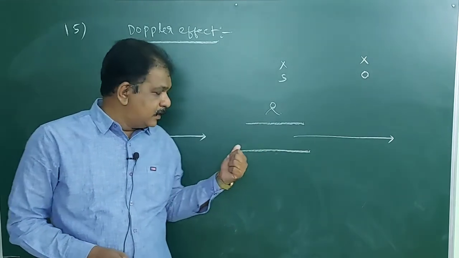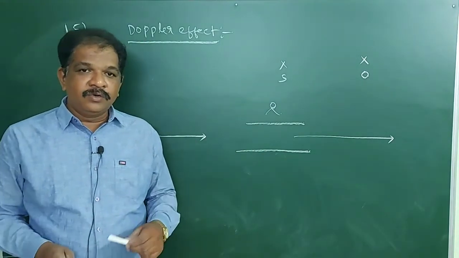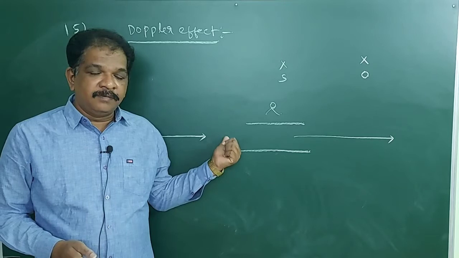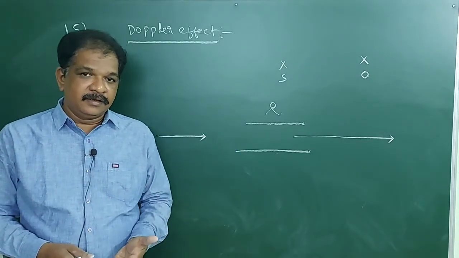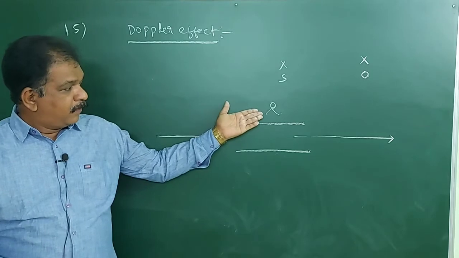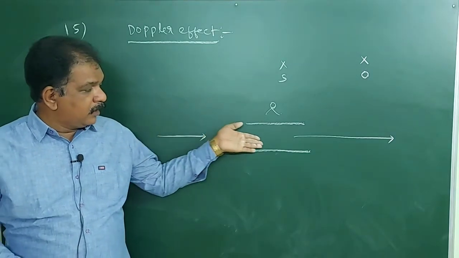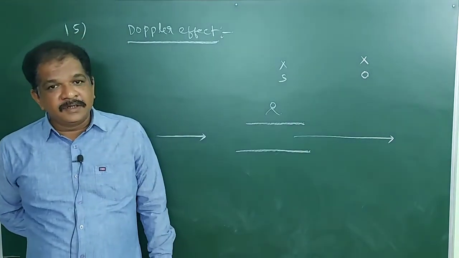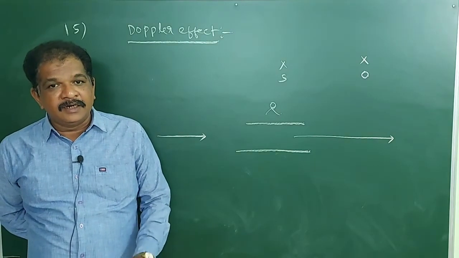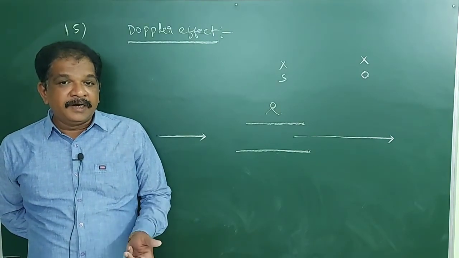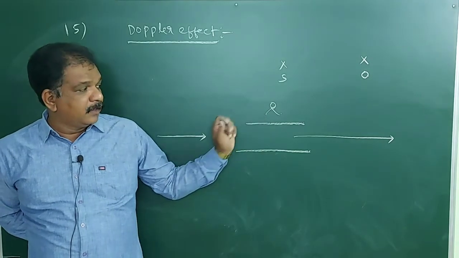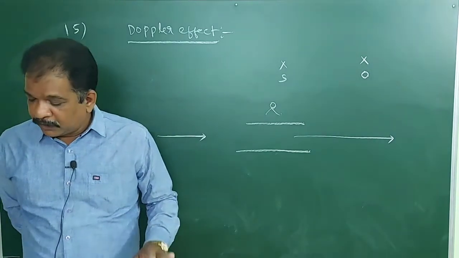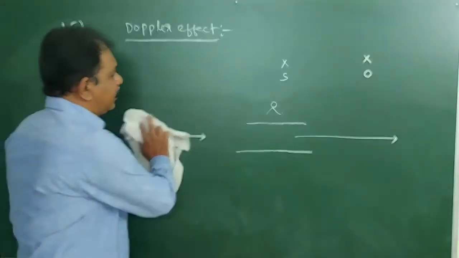But a person is there in the train itself. He won't observe any change. There will be no change in the frequency for a person in the train, he is sitting in the train. So for you, what will happen? Frequency is increasing when it is coming towards you, and decreasing when it is going away. Like that it will appear. That apparent change in the frequency heard by the observer when there is a relative motion between source and observer is called the Doppler effect.